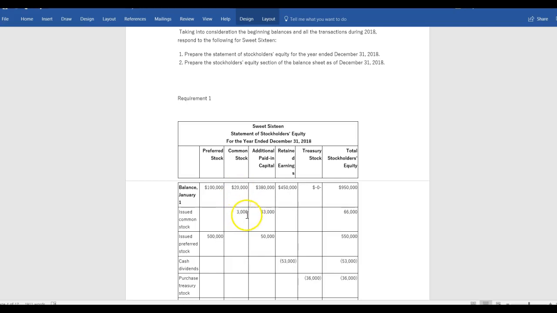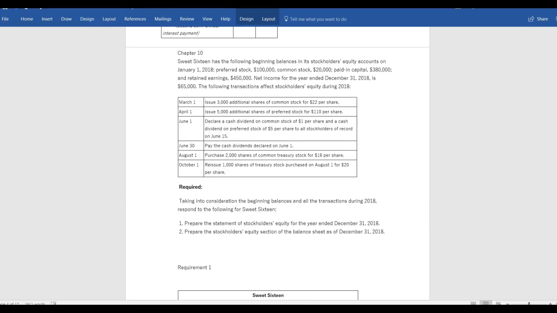So 3,000 shares at $1 par would go into the common stock. The remaining would go into paid in capital, for a total of issued common stock here of $66,000 that occurred during the year. Then it tells us they issued 5,000 additional shares of preferred stock for